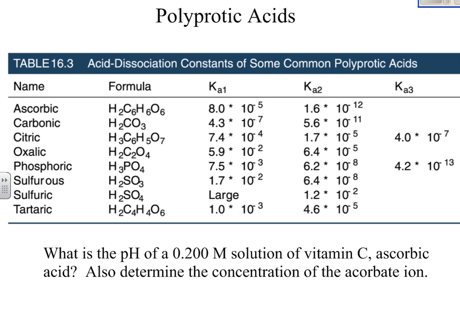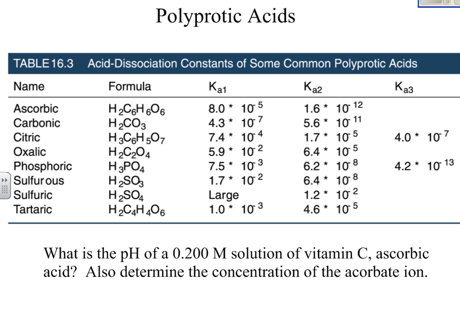Citric acid actually has 3 acidic hydrogens. You'll notice that many of these are organic acids, and again, they have rather small Ka values. The Ka1 represents the ionization, or the dissociation, of the first hydrogen, and then the Ka2 would be the subsequent ionization of the second hydrogen, and the Ka3 would be for the third. This will become kind of obvious how we deal with this when we look at the example at the bottom,